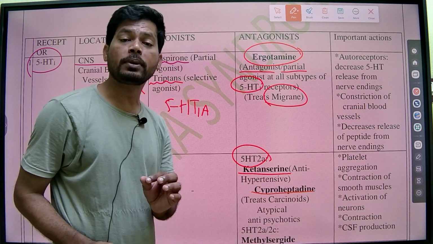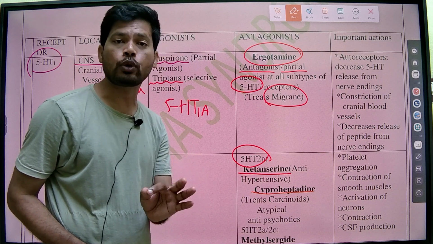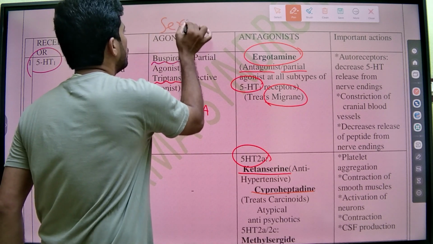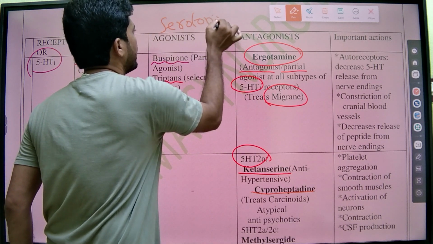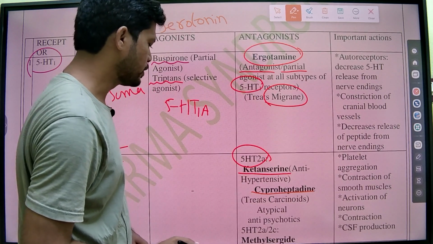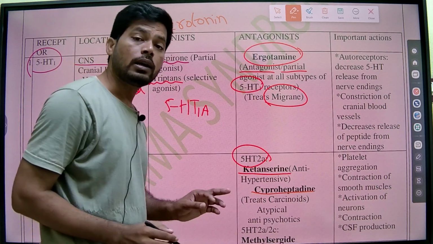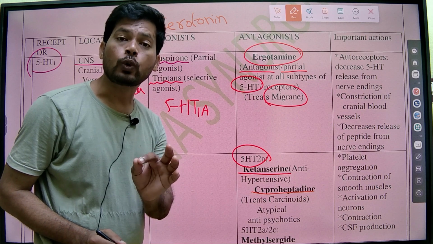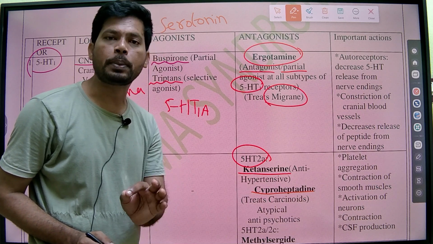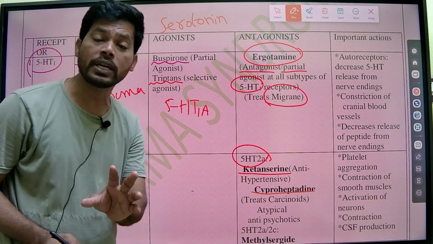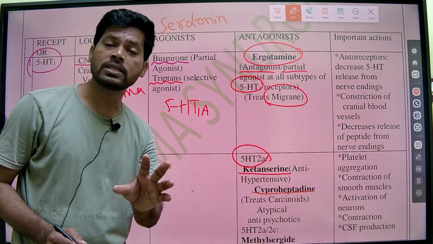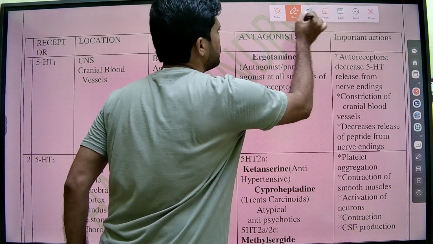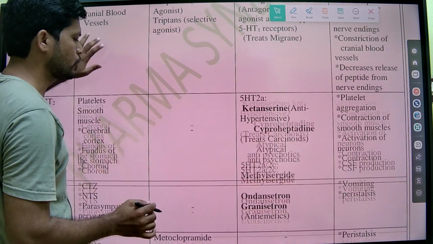Cyproheptadine, an antihistamine as well as anti-serotonin drug, is the drug of choice for treatment of serotonin syndrome. The excess serotonin in the brain can be decreased by cyproheptadine. And the serotonin type 2 receptor blockers are also used as antipsychotics like clozapine, olanzapine, risperidone, paliperidone. All second generation antipsychotics can block type 2 dopamine receptors as well as serotonin type 2 receptors and help in the treatment of psychosis, also known as schizophrenia.